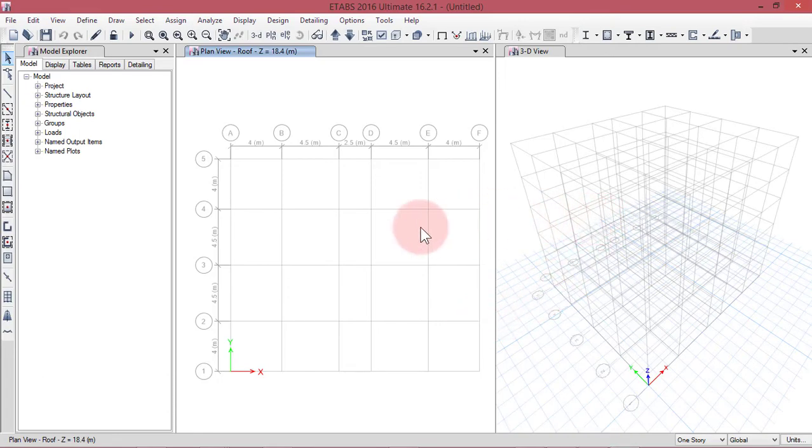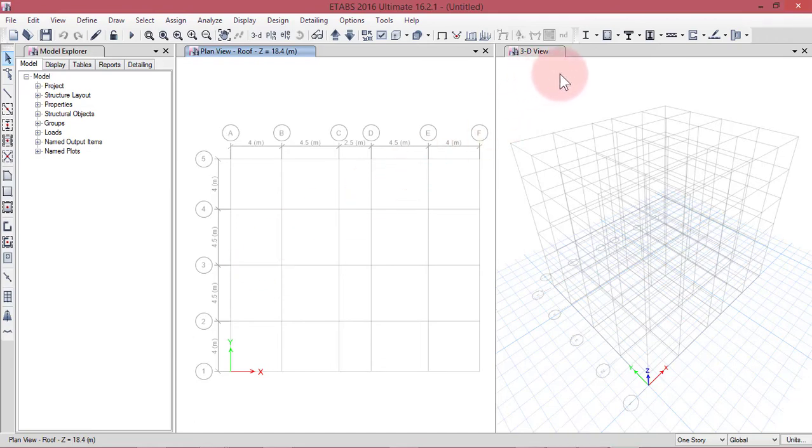Here you can see the two windows. One window is the plan view, and this window is the 3D view. There we can have a three view. One is plan, one is a 3D view, and we can also have the elevations. If you want to see the elevations, we can change this view to the elevation. Suppose I want to change this 3D view to the elevation.